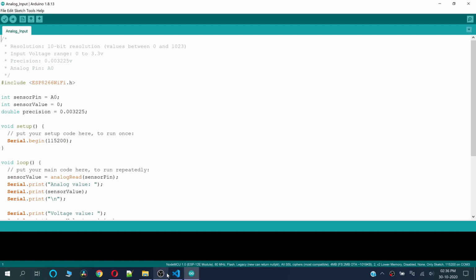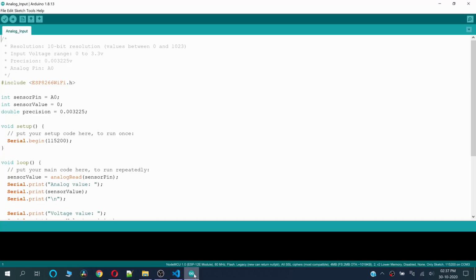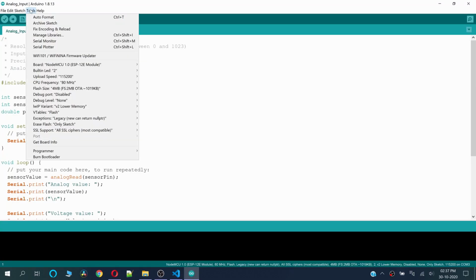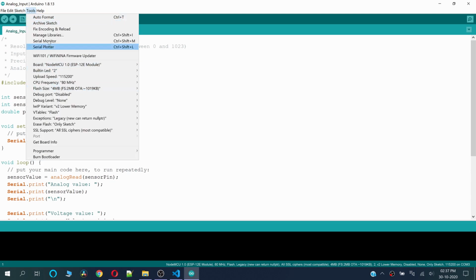Now if I show you the side-by-side comparison, we already saw how we select the board, right? Now how you can configure the baud rate and the serial monitor, those things. In Arduino it is simple; it is in the options above, right?